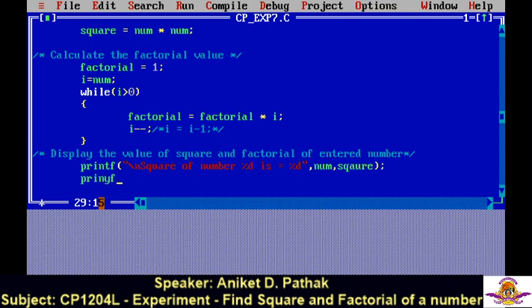Next, printf. Okay, I forgot a \n over here, so we'll mention the \n over here. Okay. Now moving on next, \n